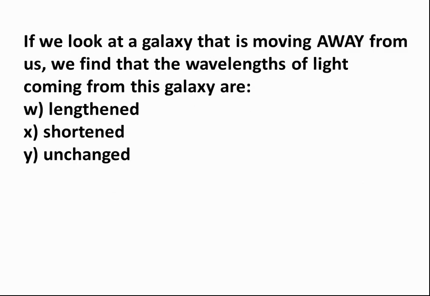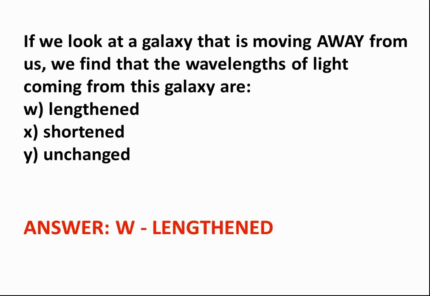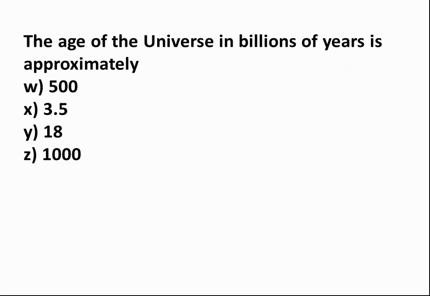If we look at a galaxy that is moving away from us, we find that the wavelengths of light coming from this galaxy are W. Lengthened. X. Shortened. Y. Unchanged. Answer: W. Lengthened. The age of the universe in billions of years is approximately